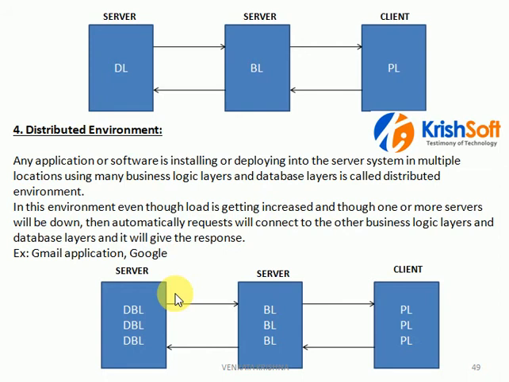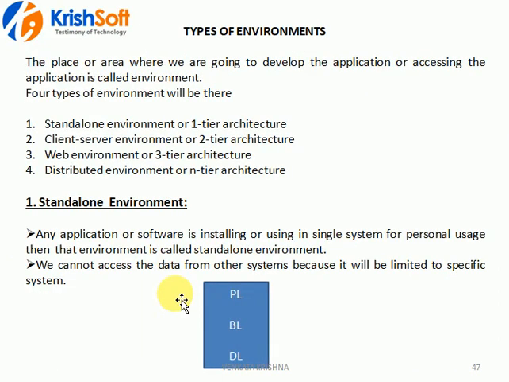Standalone is something like a single system, where you have all the resources in that system only. Client server means in a limited area network, a LAN, you are accessing a particular system. Web means you are able to access over the internet. Distributed means the same, you are accessing over the internet only, but the internal architecture maintains n number of servers in it.